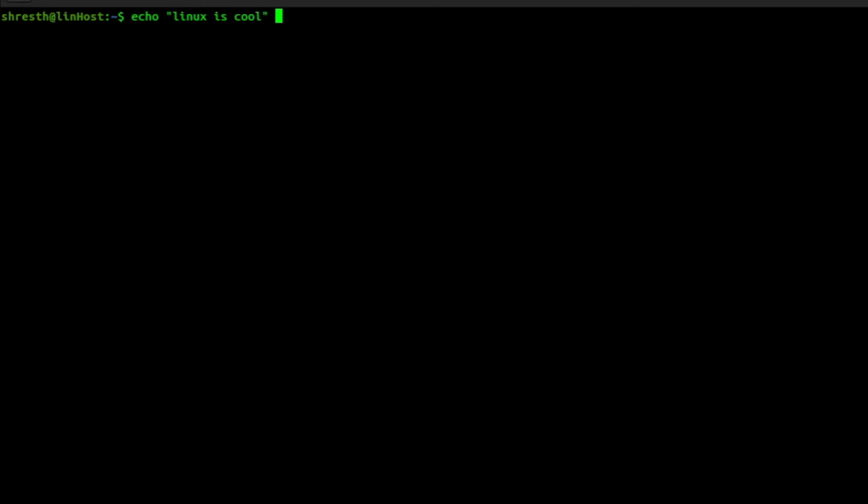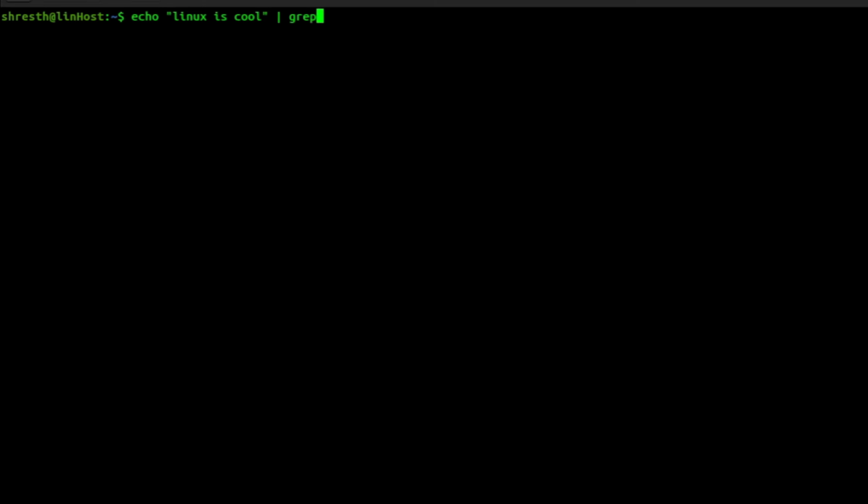Here this vertical line is a pipe. What the pipe symbol does is take the output of the first command, the one before it, and serve it as input to the second command, written after the pipe symbol. Here I'm saying echo Linux is cool, so the output of the first command will be Linux is cool.